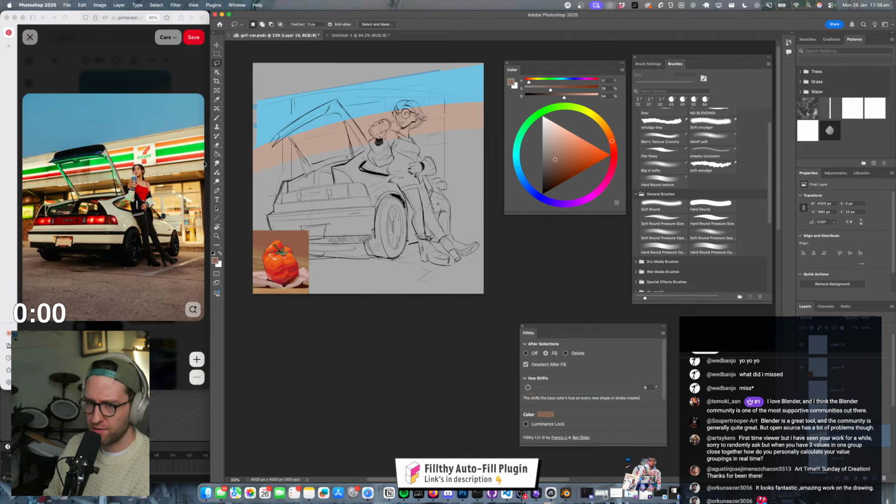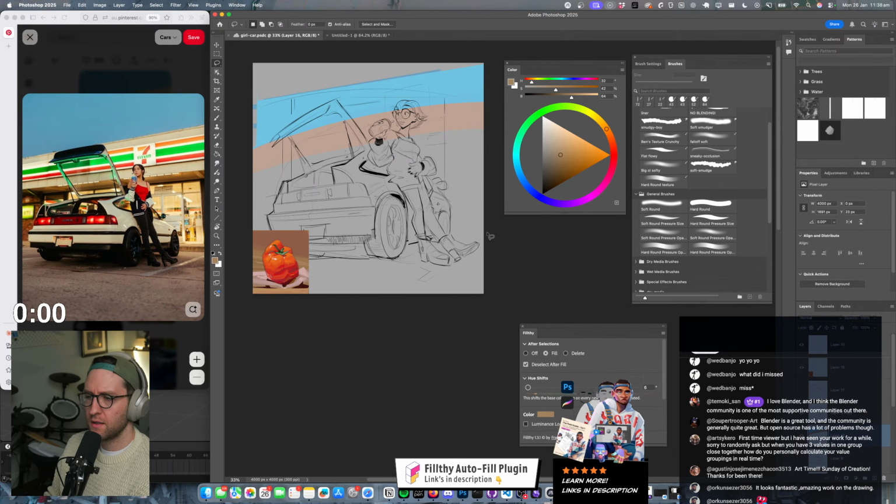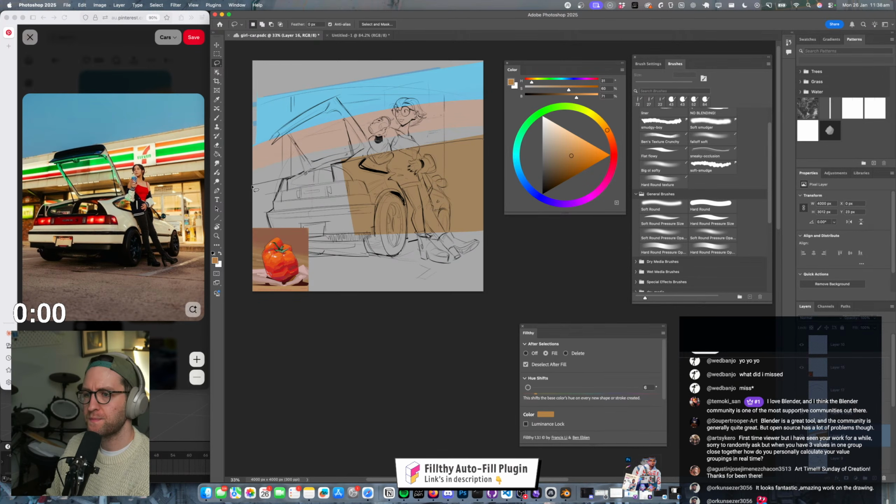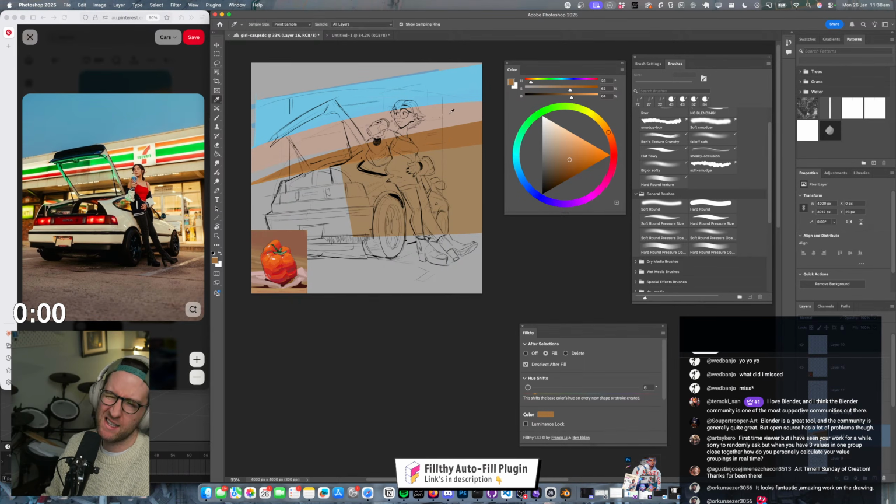So what we can also do... Nah, don't worry about it. Not necessary. We do want to keep in mind the horizon. So I'm going to get pretty sketchy and pretty blocky with these shapes. That can be the issue with this way of working, as it looks really bad to begin with. Not really bad, but it's just like, what is even happening? But then all of a sudden, it's just like, boop, boop, boop, and it all comes together.